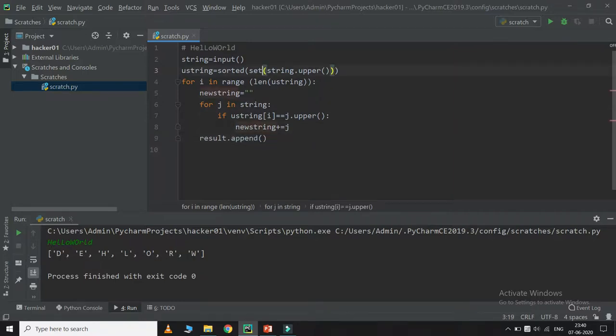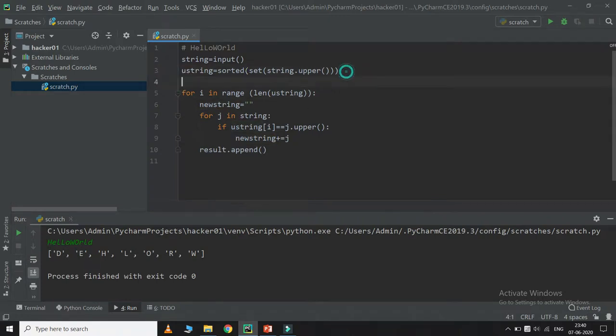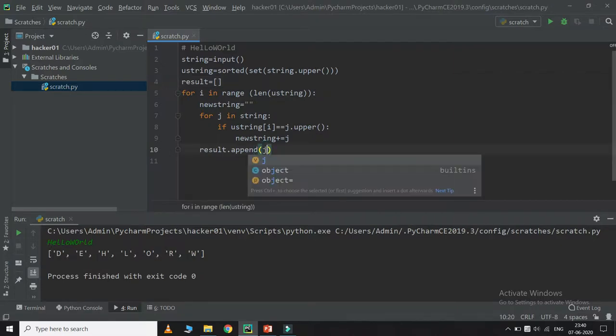I think we have not defined new string, and okay, we have defined new string, but we have not defined result. Now it will be appended in result. So we'll now check if this happens correctly or not. Okay, it should be new string.